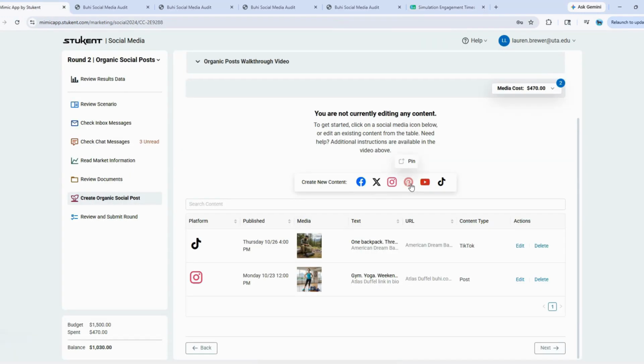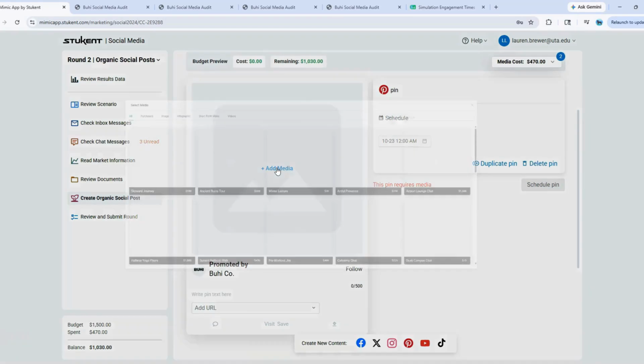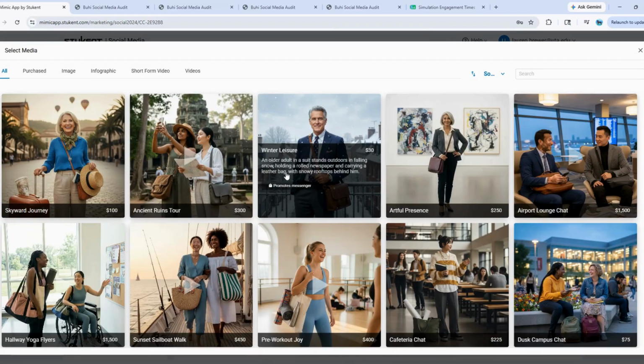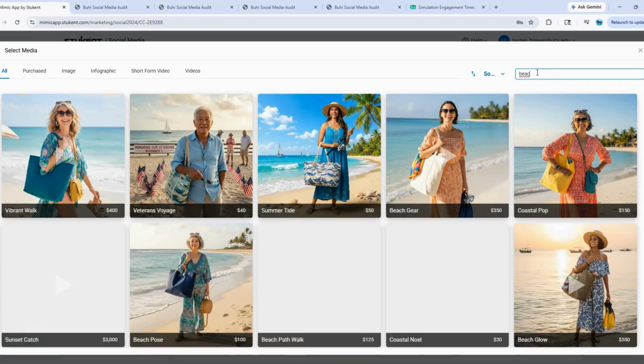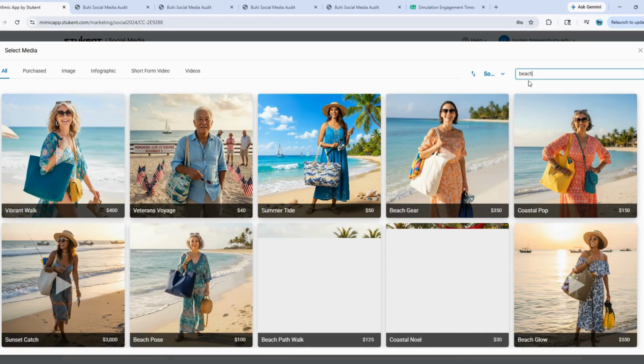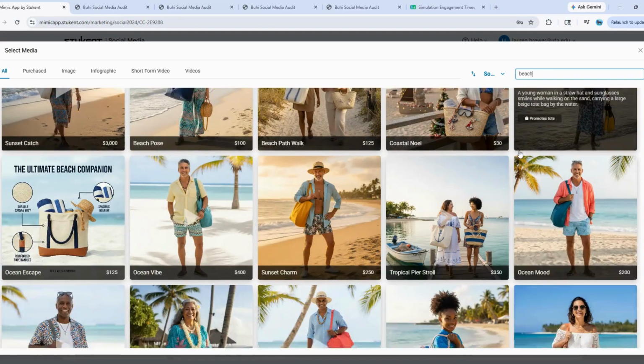So we'll click on Pinterest, create a pin. And for my media, I want something that is outdoors, kind of beachy. So let's see. I do have some good beach options. Okay, perfect. Okay, let's see what our options are.